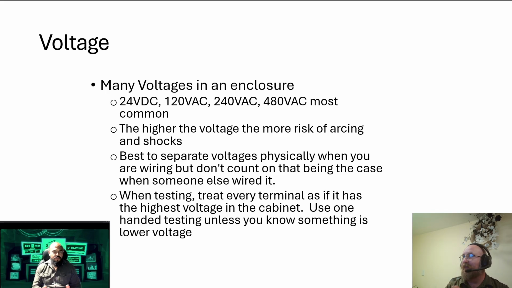So within our enclosure, we have a lot of voltages that can be present, right? We have 24-volt DC. Now we're moving up to 120, 240, 480, which are typically the most common. But obviously, the higher the voltage, the more risk of arcing and shocks. In IMO, we showed you some of these guys in panels where they weren't being electrically safe,